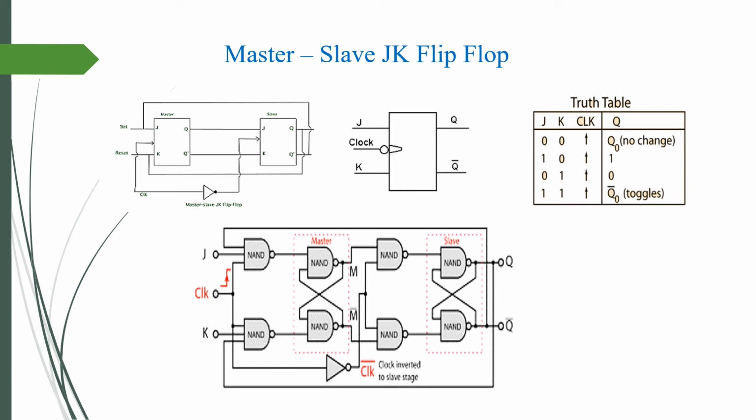At the negative edge of same clock pulse, the output Q and Q bar are generated by slave flip-flop. During negative edge, the master flip-flop is off. That means the output remains in its previous condition. Here you can see the second flip-flop copies master flip-flop. Thus, race around condition is avoided in master-slave JK flip-flop. This flip-flop is used in counters.